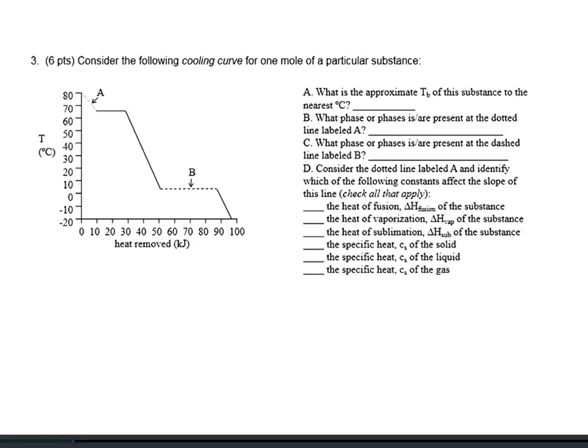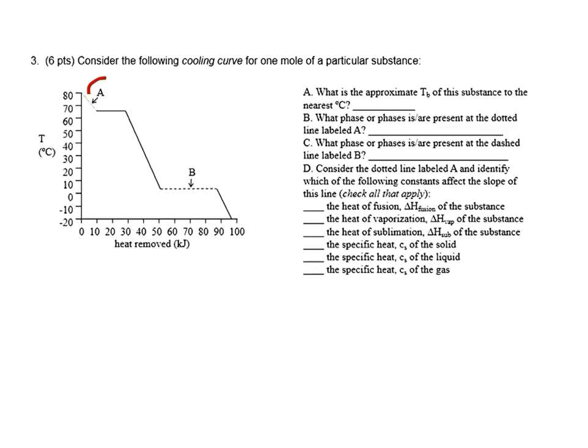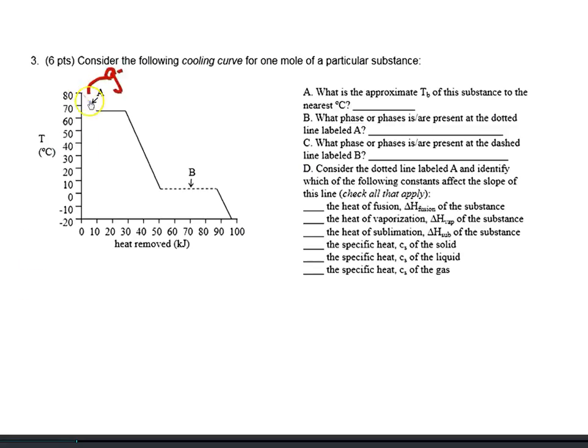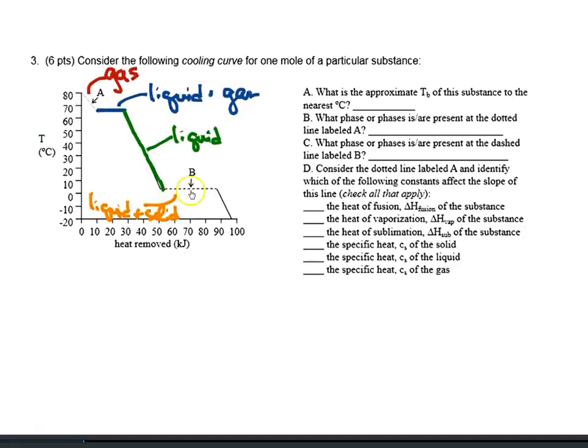Number 3, consider the following cooling curve for 1 mole of a particular substance. When we look at the cooling curve, we need to really think about what's present here. This first line that comes down from 80 degrees is the gas phase, because we start off with the highest temperature and then cool it down. This is liquid and gas, and then the liquid lowers the temperature. And then this line is where the liquid and solid are interconverting, and then the solid is down here at